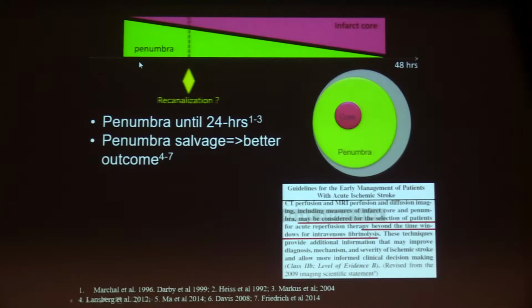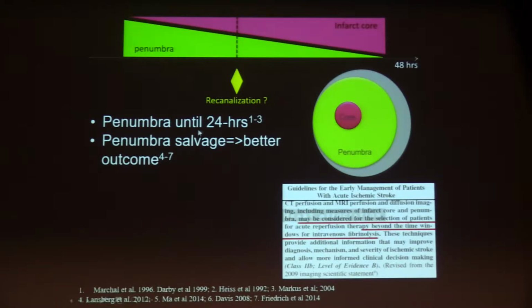And the main question is, at the time you may be able to recanalize this patient, what is the proportion of the green area, which is the brain that can be saved, and which is the proportion of the infarct core that cannot be saved and that will ineluctably evolve, irrespective of what you do, towards infarction and death of the neurons. So the question is here, and to do that, we're going to use perfusion. The idea is to save the penumbra.